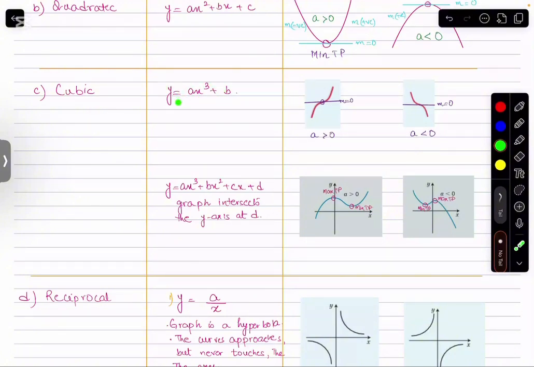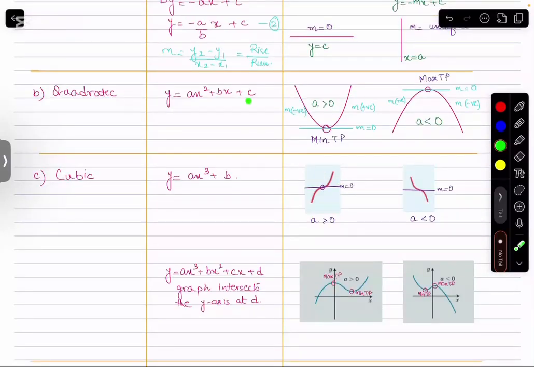And in this particular form, what I can see is I have the cubic function. उसके बाद मेरे पास कोई भी variable term नहीं है. It's just ax cube and then no x square, no x, nothing. Just an ax cube and then the constant. And one thing here, if we have a constant, constant is the term which is without an x value. So if we have this constant here, then this constant is actually representing the y-intercept.